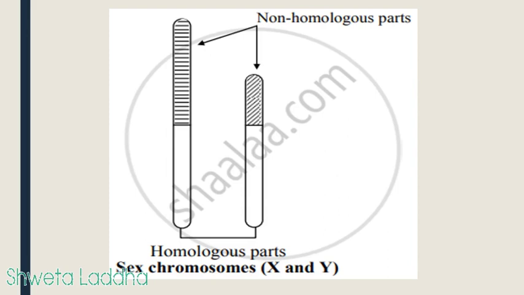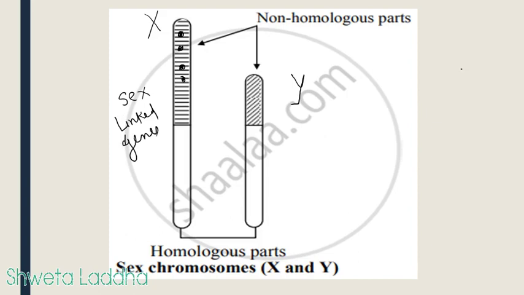Look at this picture. This is the X chromosome, comparatively larger. This is the Y chromosome, comparatively shorter. These regions are different. The upper part is the non-homologous part. The lower part is similar morphologically and genetically, so it is the homologous part. Genes that are located on the non-homologous part of the X chromosome are called sex-linked genes. And sex-linked genes, we know, show what type of inheritance? They show criss-cross inheritance.